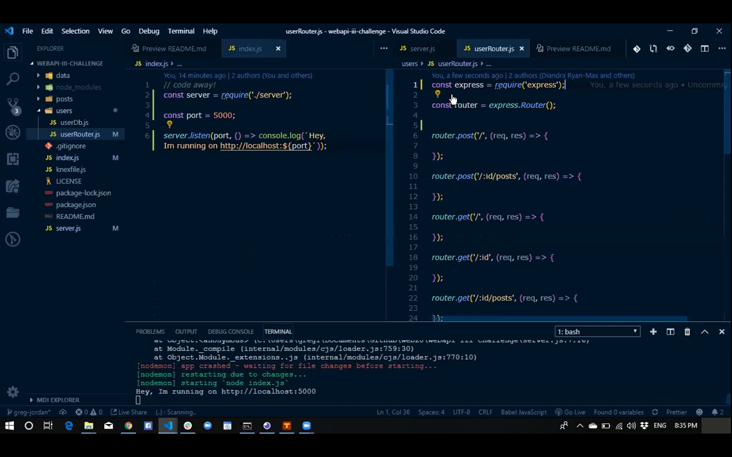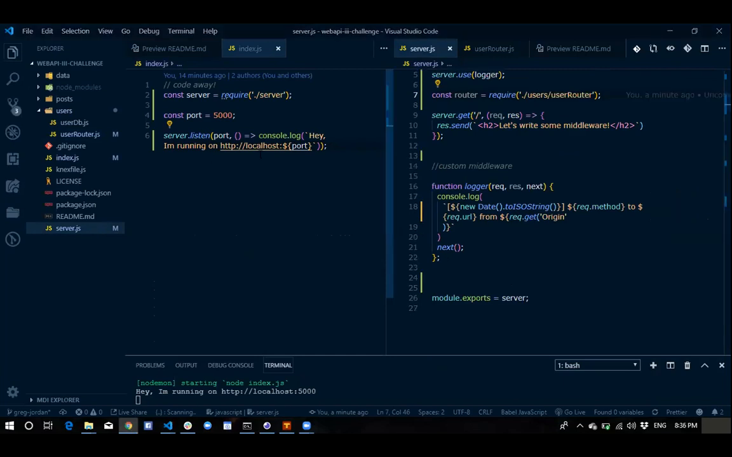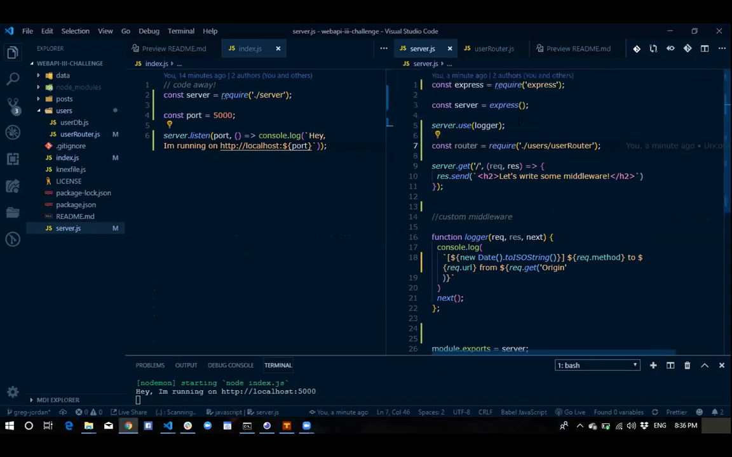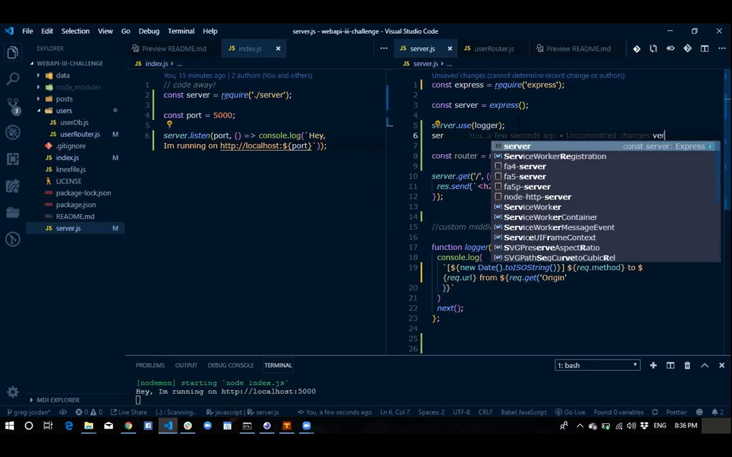All right, so it's imported into the server, so it can be used in the server. Now, there is something else that we would have to do in order to make the server look at the router. Yep, and it's going to be server.use. Exactly. Should we keep the server.use all together? Yes, we should. So right here, server.use,